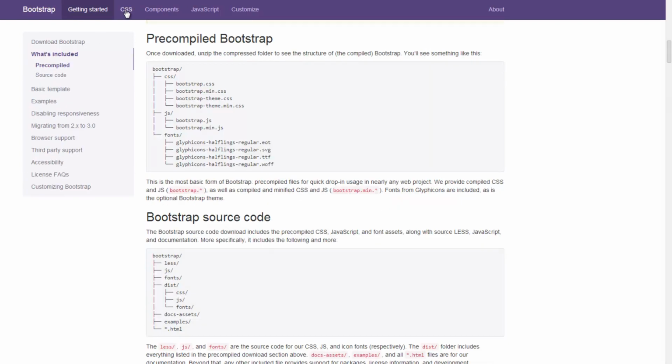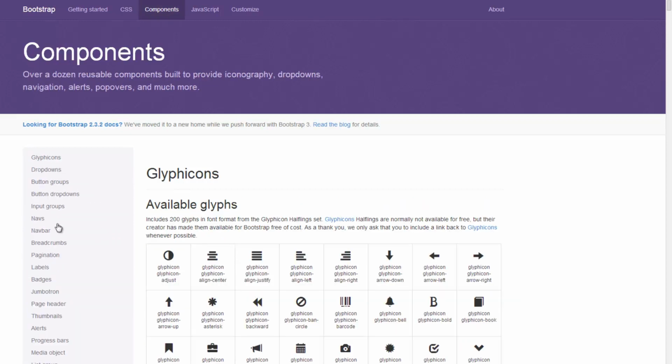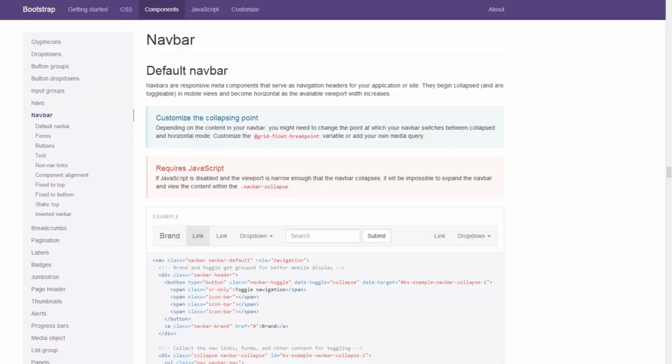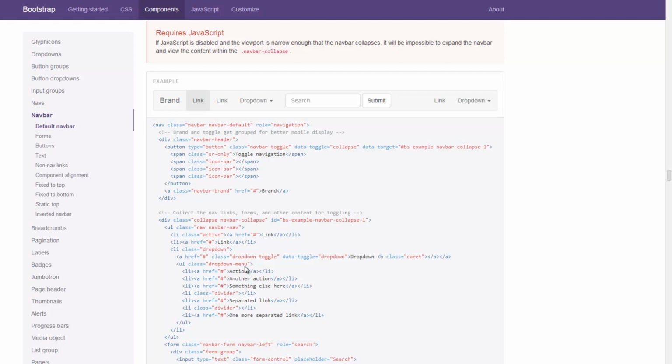What we're going to do is go up here to the top and click on CSS, and over here you can see some of the common elements. What we're looking for is the navigation, which is actually over here in components. And we want to go to navbar. So let's take a look at this code. This code here pretty much represents what's going on here in this example. We've got some drop downs, a little search bar,